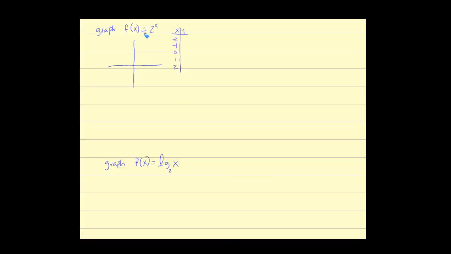I'm going to begin by graphing this exponential function. This exponential function has its variable up in the exponent, and that's why it's called an exponential function. If I start by just plugging in some values and finding some ordered pairs, I could put minus 2 in for x here, and we'd have f of minus 2